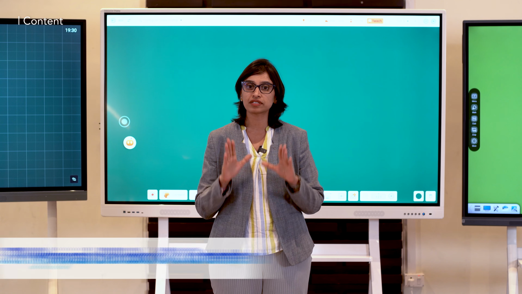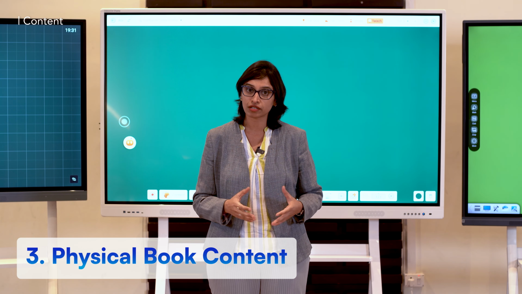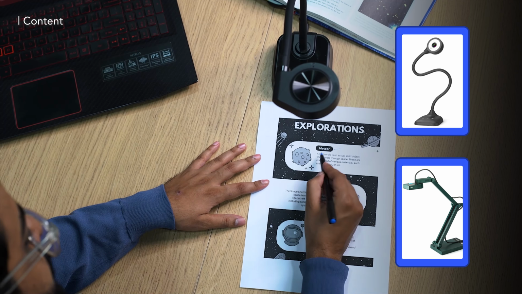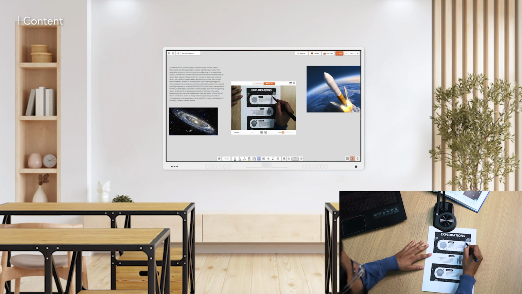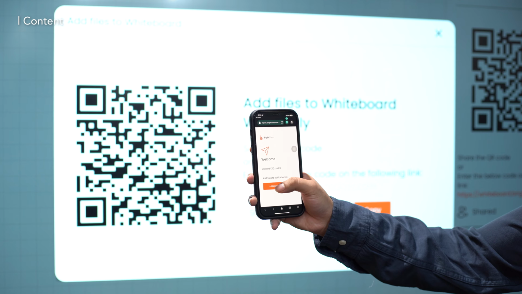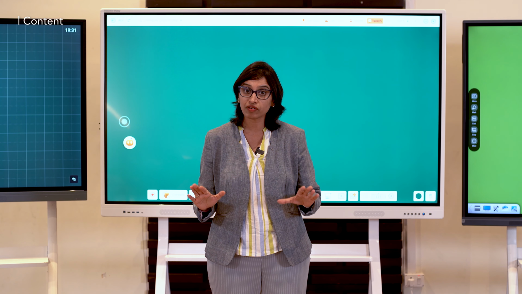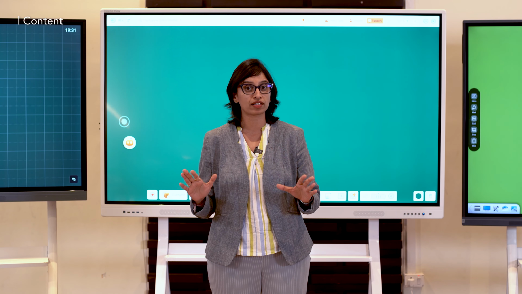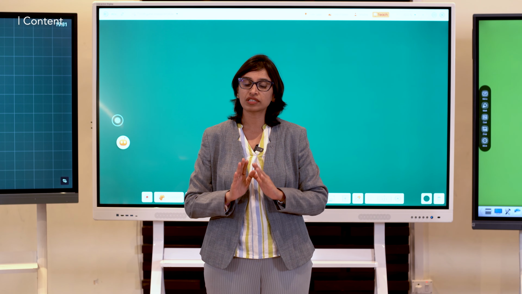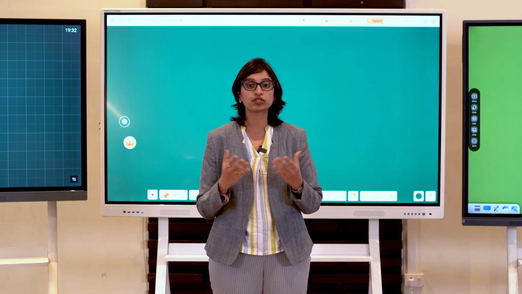The third point being the physical content. In case you prefer to have your physical book and use the content from that, you have document cameras, which are available online to buy, to scan the textbook and add it onto the whiteboarding software. Alternatively, teachers can also capture the content using their smartphone and import it to the board, and this could also be a cost-effective option. So now the teacher should have the capability to teach with their existing content as well. So literally, when you have all of these types of content sorted, the teacher will be able to teach the way they want. So now let's move on to the next aspect, which is the cloud.